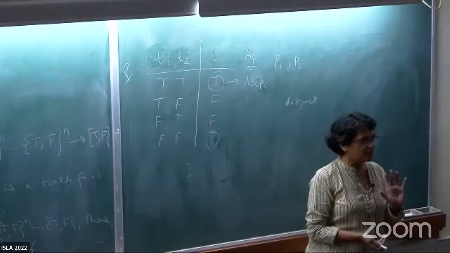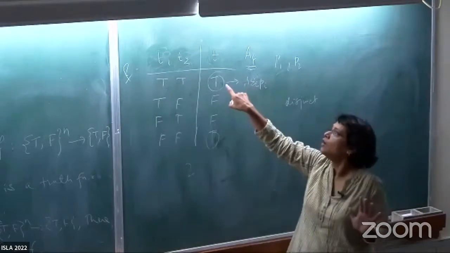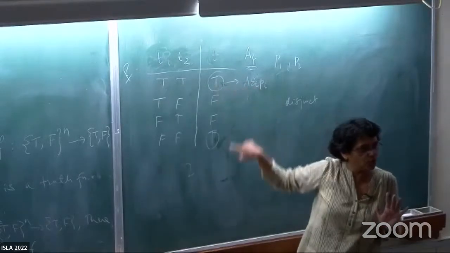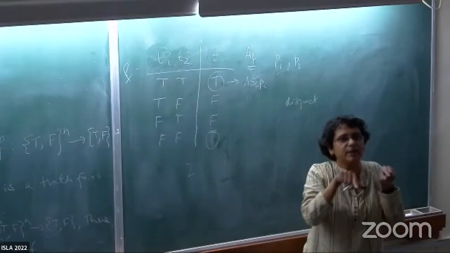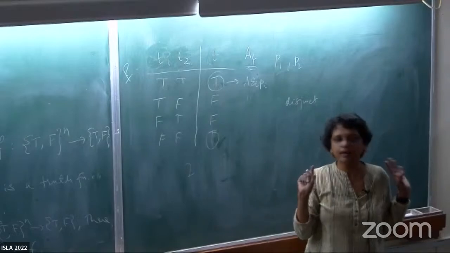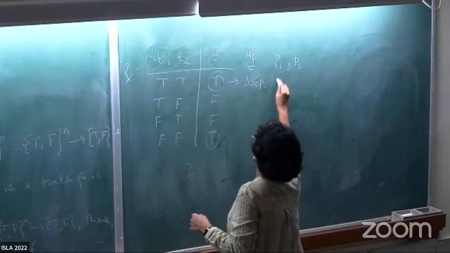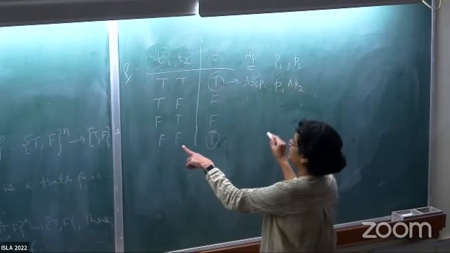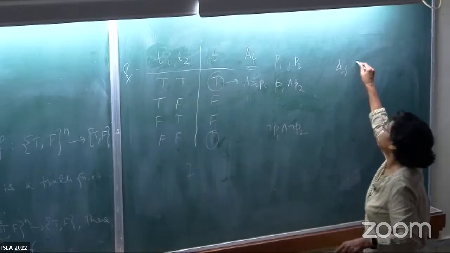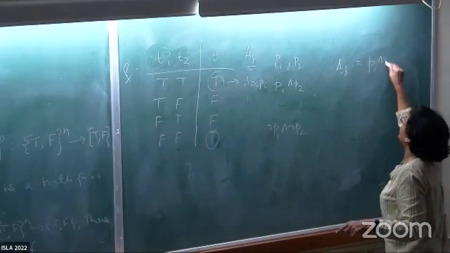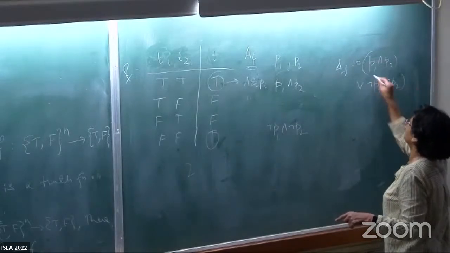So AF is constructed by selecting these conjuncts that you built corresponding to only the true rows in this last column, connecting those conjuncts by a disjunct. All right. So for example, here I will just take this as P1 and P2. This is not P1 and not P2. So final AF for this particular table would be P1 and P2, or not P1 and not P2.